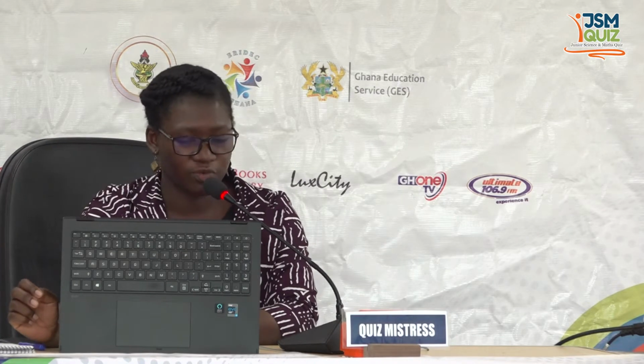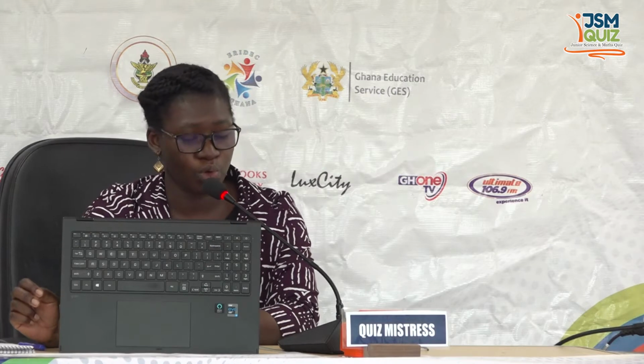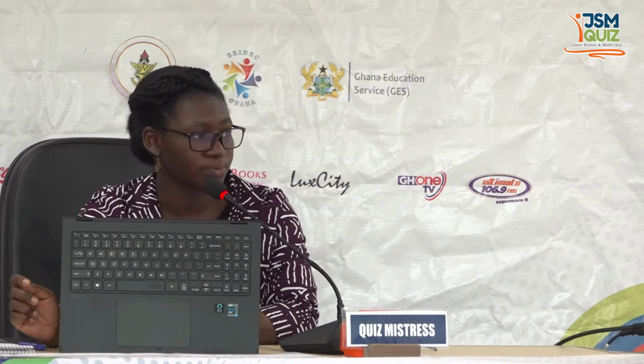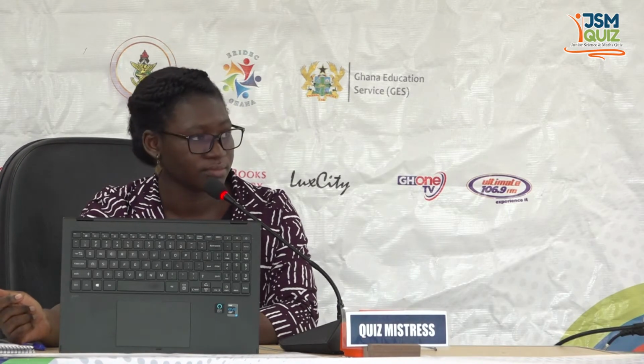So the first round of questions. Listen to the preamble. This preamble goes to all schools. What is the primary function of the following parts of a cell? BAXFORD International, the cell wall. The cell wall protects the cell and helps to keep the cell's shape. That's correct for 3 points.